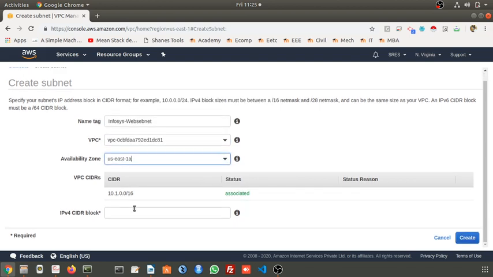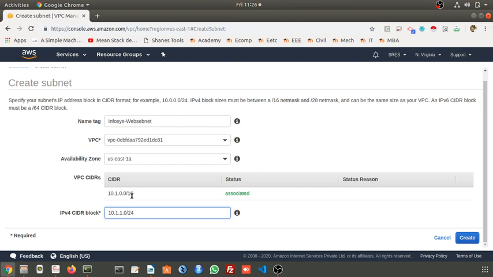Now we have to give the IP address for this subnet. What should be the range? It should be 10.1.1.0/24. Why? Because our VPC address is 10.1, so this subnet address also starts from 10.1.